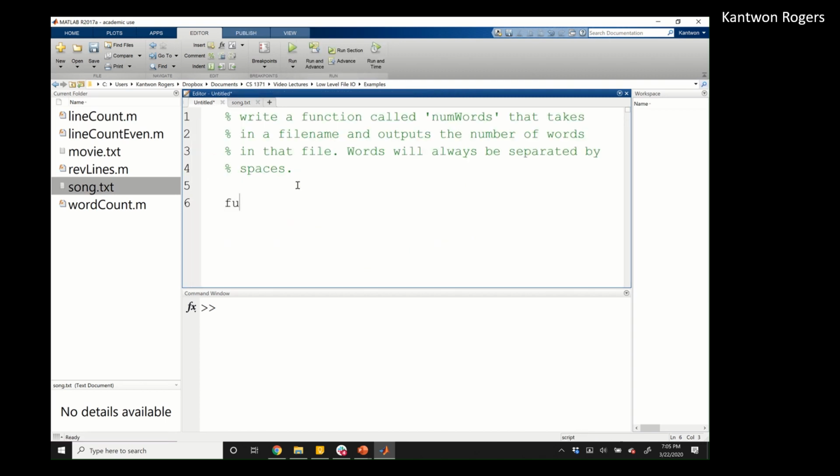And so let's create a function. So function, in this case here, we're going to output the number of words. We'll call this numWords, and this is going to take in a file name. All right. So now I need to